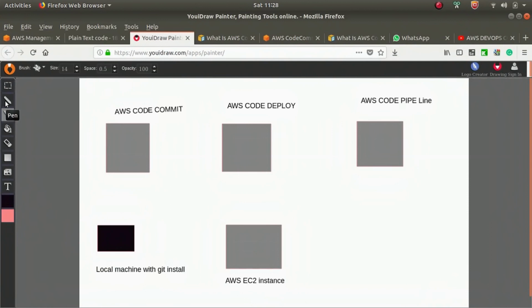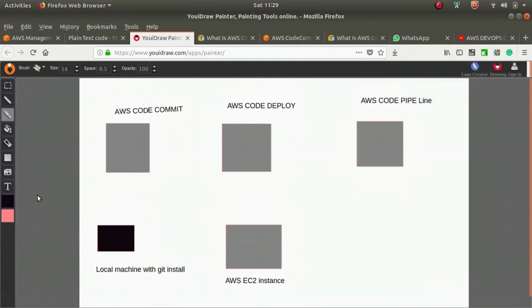The main aim is to push this AWS code commit code to the EC2 instance automatically. That is the main aim of our lab.